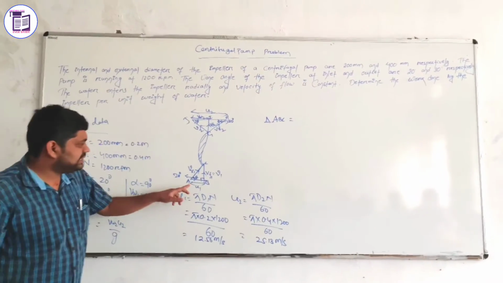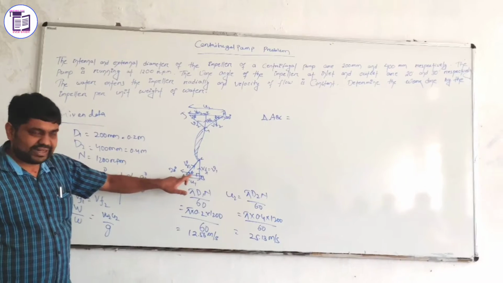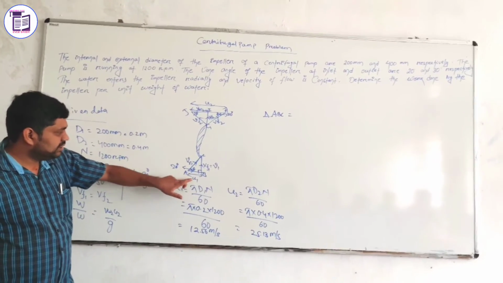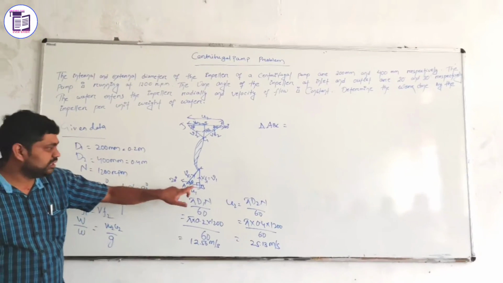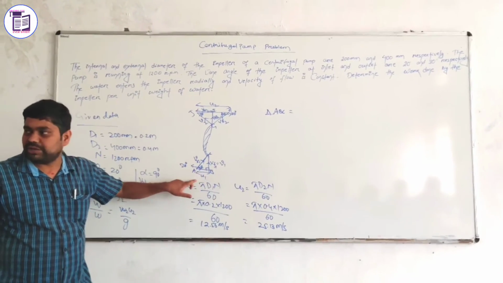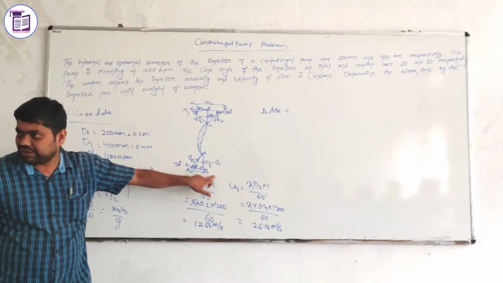So under the ABC inlet triangle, we consider this angle as theta. If you find tan theta, what is it equal to? It is U1 by V1, but you don't know the value of V1. So using only U1 and VF1, because the U1 value is given there, using this U1 you can find the value of VF1, or flow velocity.